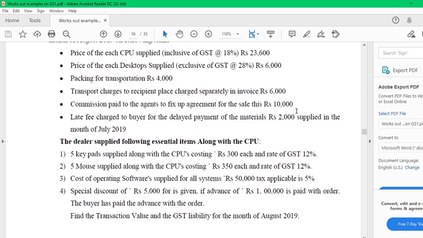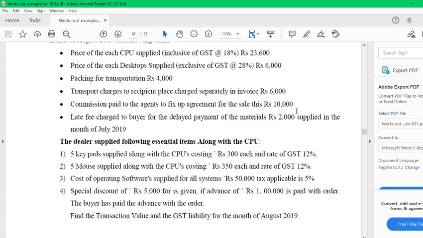It is known as a principal supply because CPU, desktop, keyboard, mouse, all the 4 components are there. It means more than one good is supplied at a time, but the goods cannot function without all the support or interconnected items. For example, the CPU cannot work without the desktop, keyboard, and mouse. Hence, it is a principal supply or blended relation.